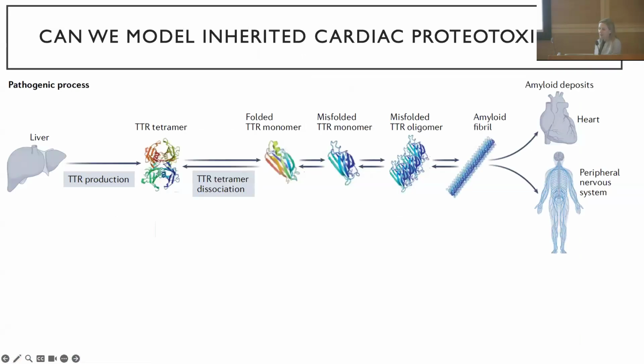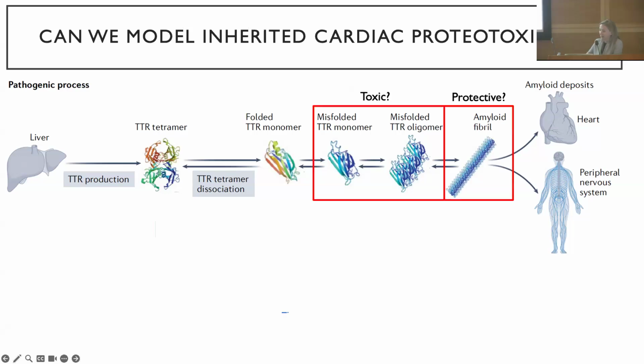So then we started to think about how might we do this in stem cells to maybe answer some of the things that we don't understand about amyloidosis in the setting of TTR. And one thing that I didn't allude to in alpha-synuclein is that many people think that in amyloid diseases, the fibrils are what is toxic, and that's the assumption.